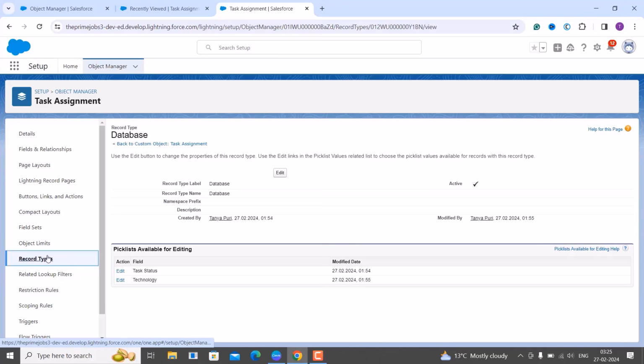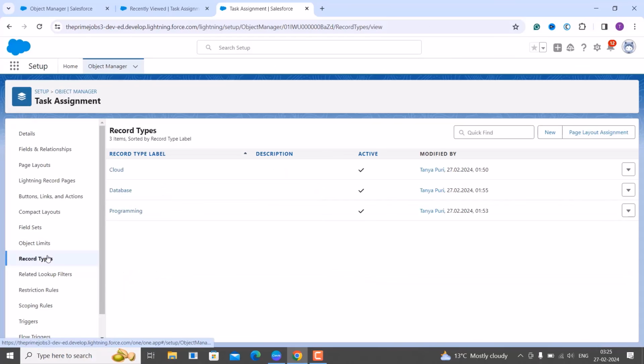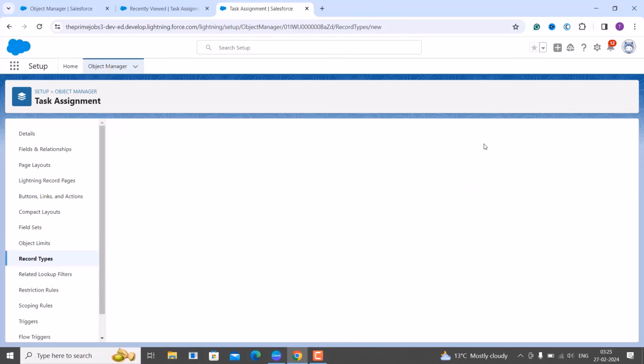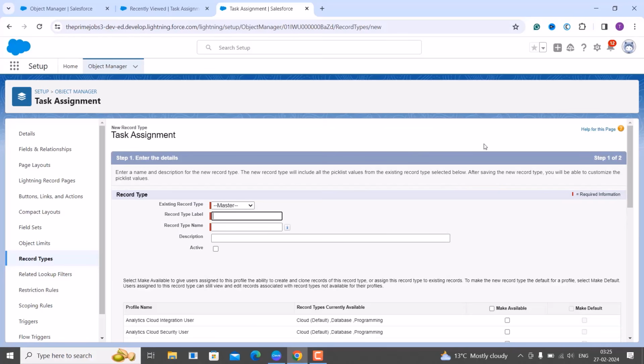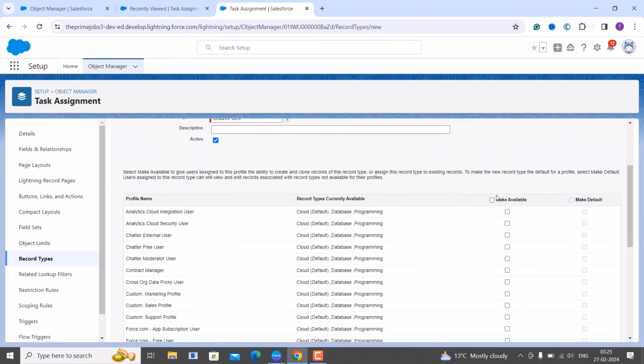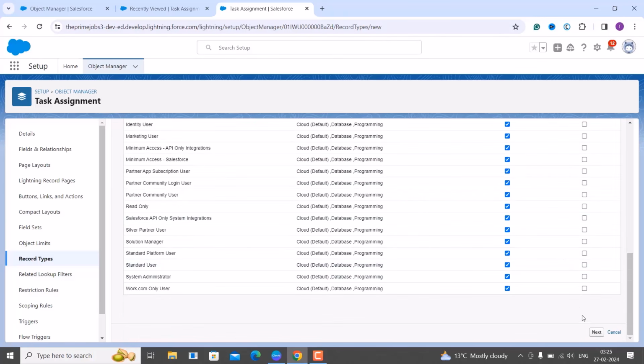Now I want to create one more record type, and this is the last record type in our application. So I click on the new button again, and this time we want to create it for the SharePoint technology, and here I am entering it, and it automatically fetches the record type name. I want to make it active, so I check the active checkbox. I want to make it available to all the profiles, so I check the make available checkbox and click on next, and once I click on next, it takes